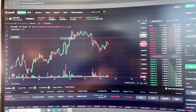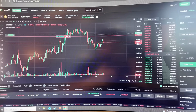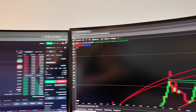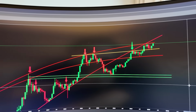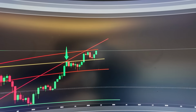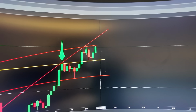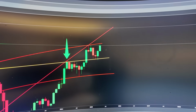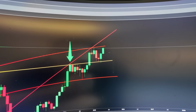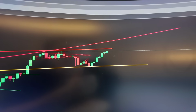I jumped into a small short hedge position yesterday, and I will stay in this small short hedge position with parts of the profits. But as Bitcoin performed so nicely now, and we reached even a new all-time high where I could perfectly close my longs, I decided that it's maybe time not to always keep the money inside of your HODL portfolio, especially as Bitcoin is already quite high. I will go and buy a very nice watch, so I will take you with me on that small trip as well. But now let's take a look at what actually happened, maybe even on the smaller time frames like